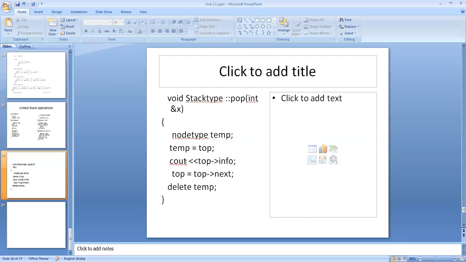Okay, that's all. See, I make an auxiliary connection for the node pointed by top. Then I display the contents of that node pointed by top. Then I move my top from the particular node to the next node. Top is equal to top reference next. Now my work is over. I delete the topmost node, temp. That's all. That's how we proceed.